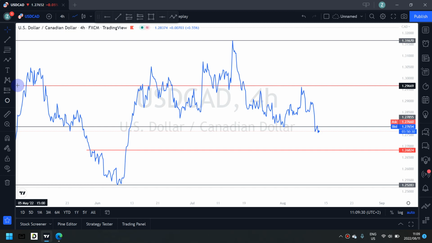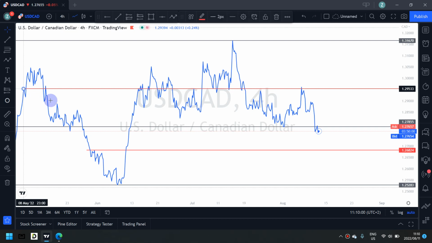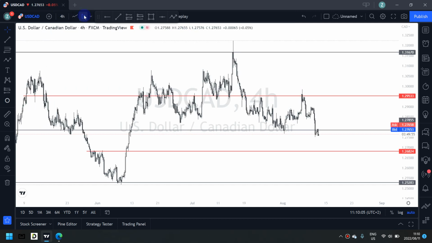Yes. So now that I've identified my key levels, so basically I have 3 key levels, right? And the 2 red key levels, I wouldn't prefer them as strong key levels, you know. But at the same time I do respect them because they are key levels, right? So if I switch back to candlesticks,